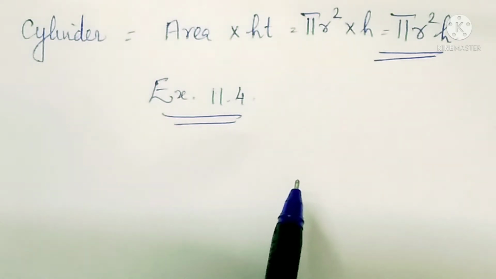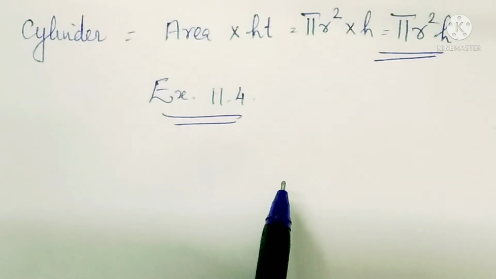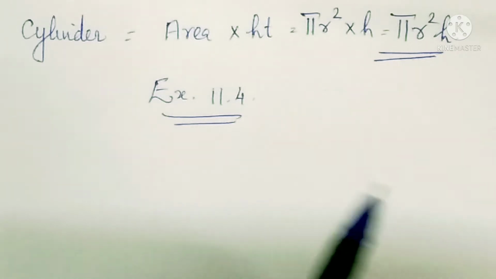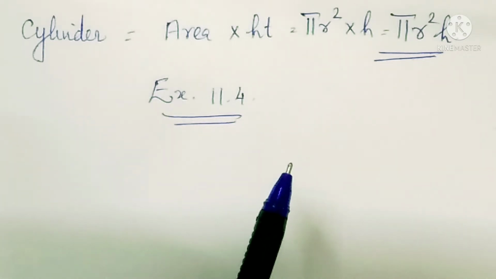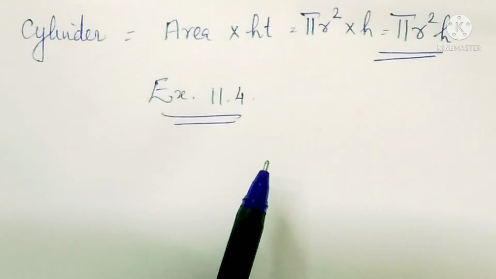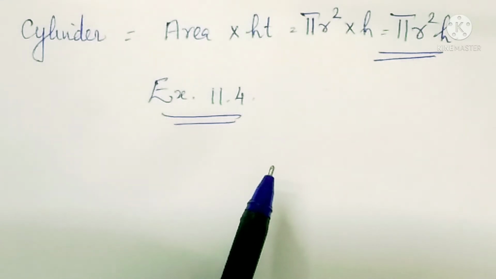Okay, so this is what we are going to discuss in the next question. Given a cylindrical tank, a tank in the form of a cylinder, in which situation will you find the surface area and in which situation the volume? They are giving you 2-3 situations. You have to identify when you will find the surface area, and when you will find the volume.